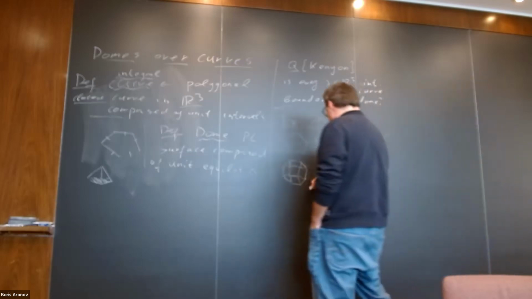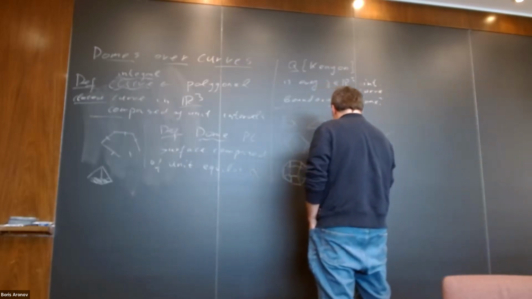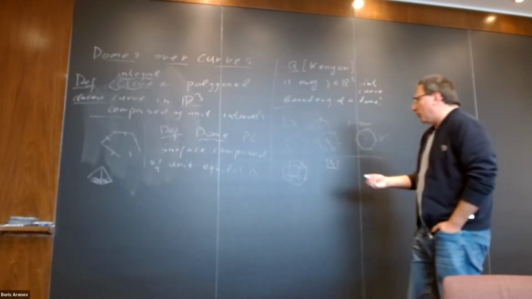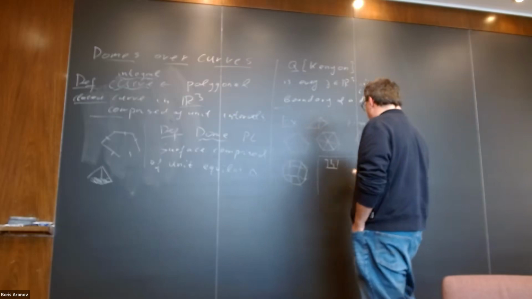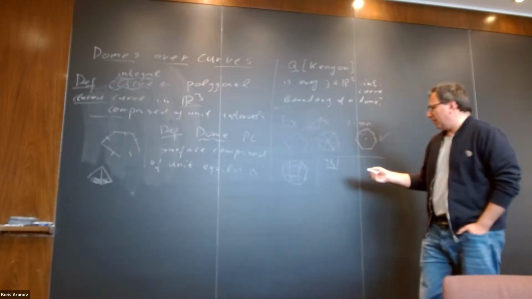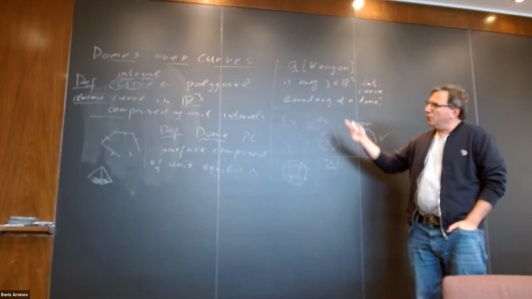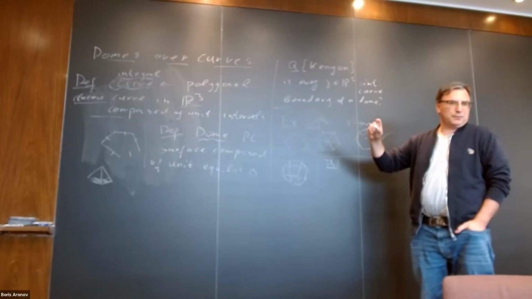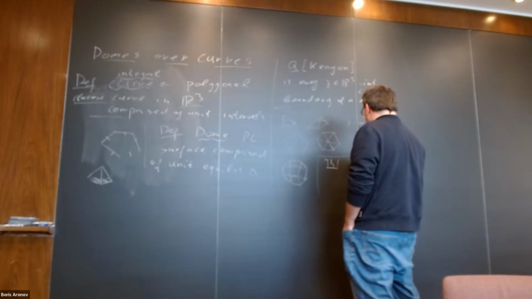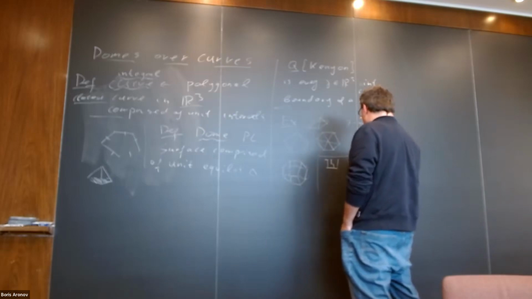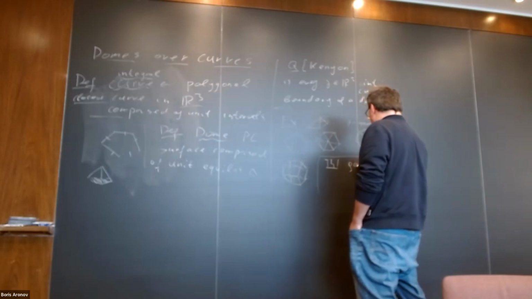So I'll tell you both theorems, and then I'll explain what's going on. Theorem 1 says basically yes, there exist curves which have no domes. And in fact, I'll tell you precisely what it is. So if you take a rho